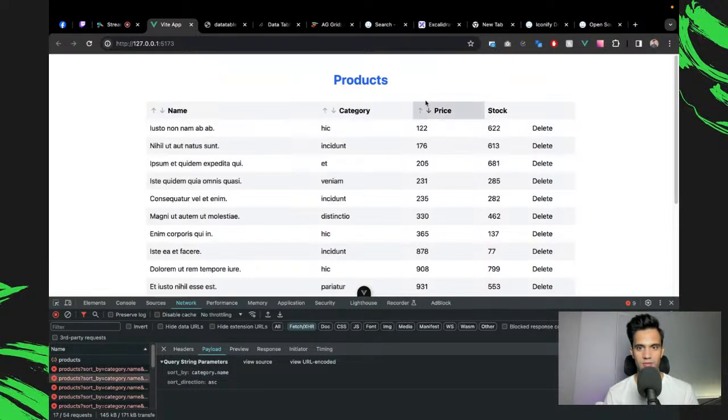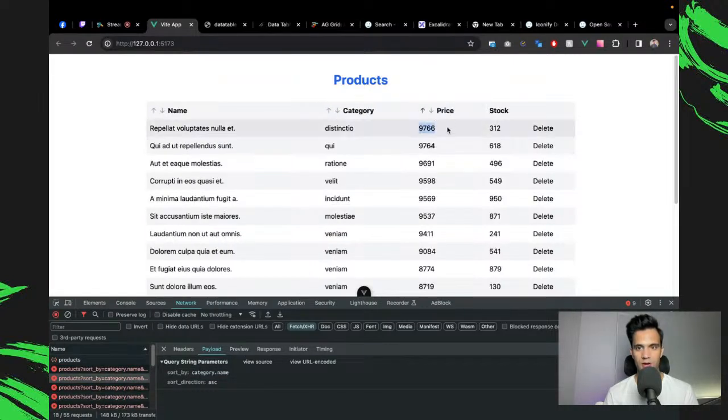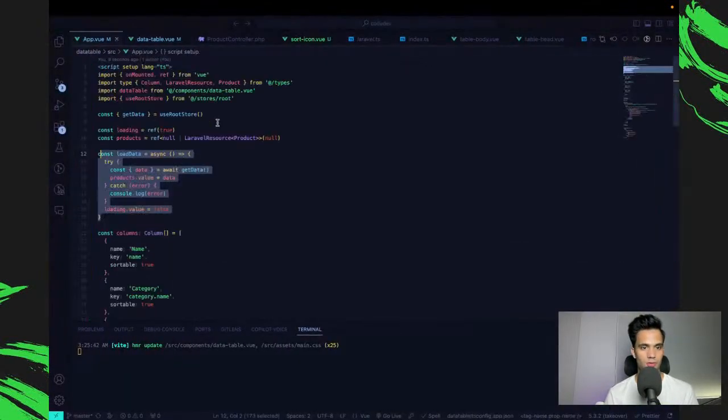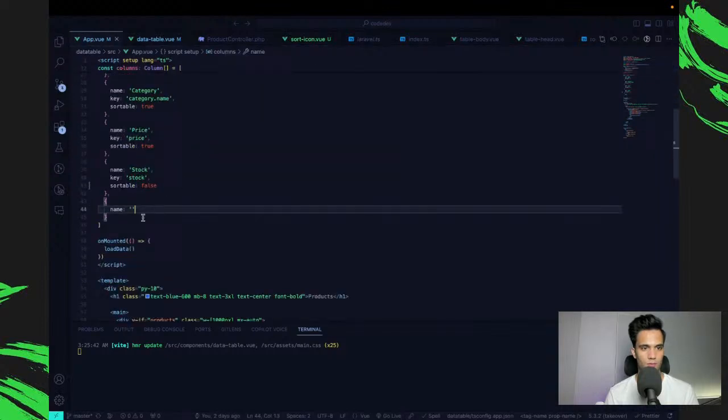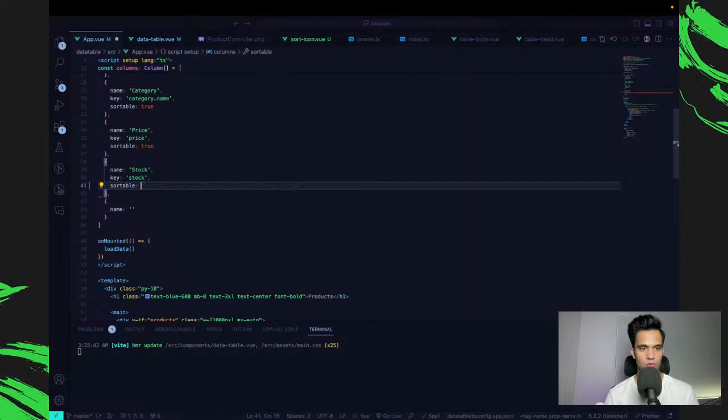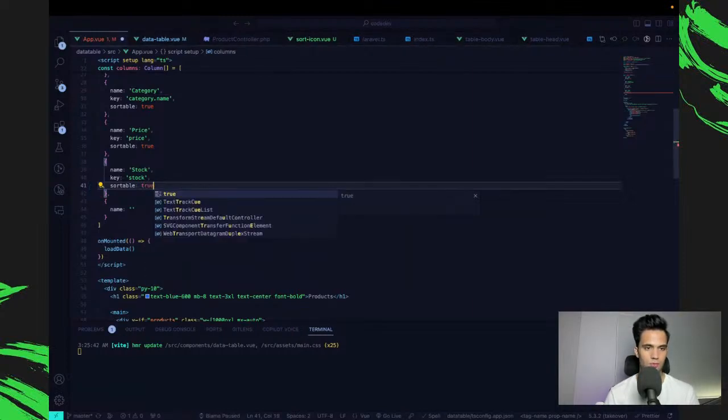But if you try any of these ones, see the price is also sorting. The stock, we'll have to make the stock sortable. So let's just say sortable true.